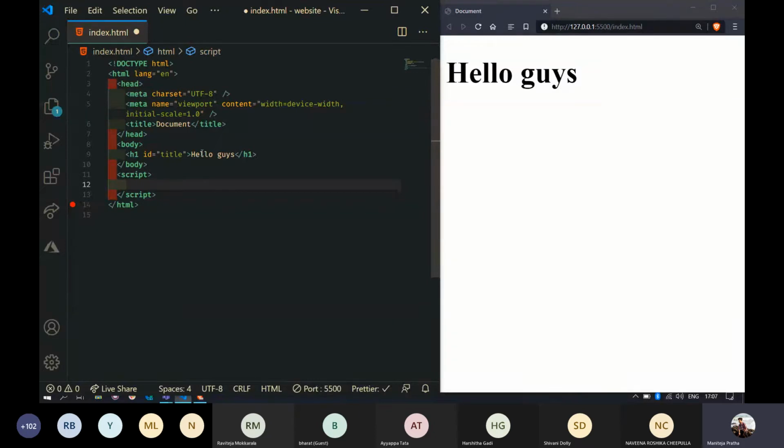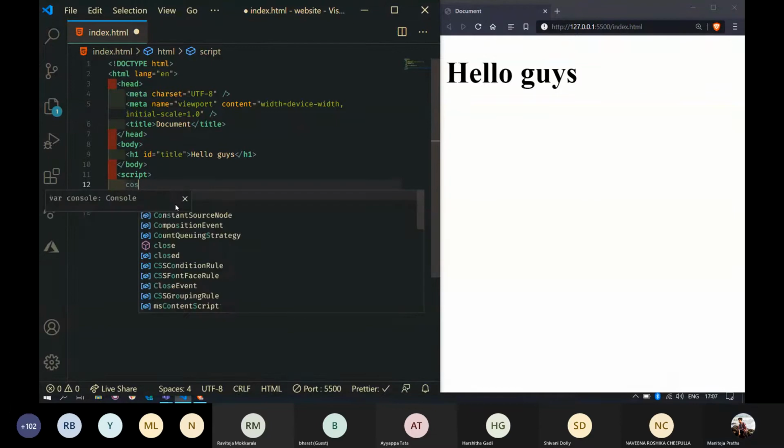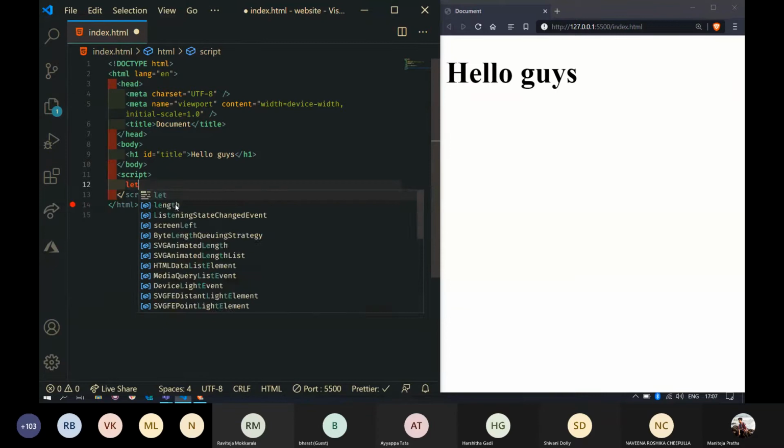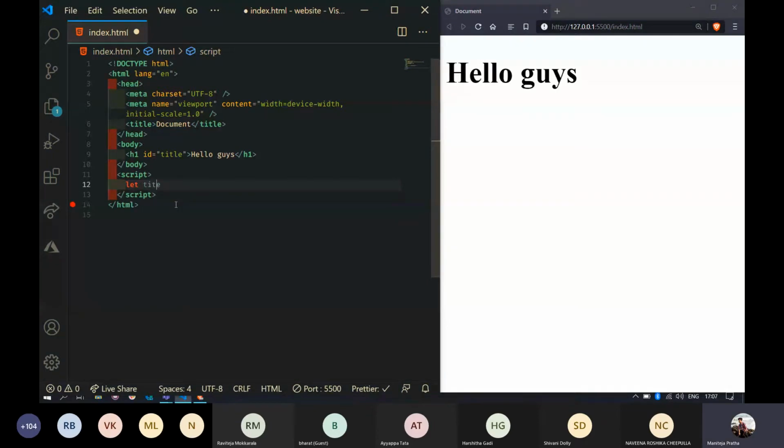It's very simple. First I will create a variable, let title. Title equals, as I told earlier, in order to access any HTML element or any text, you need to call it using the document. So what is the text that I need to access? Hello guys, which is an h1 tag.